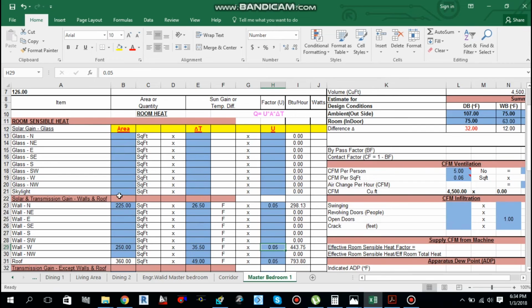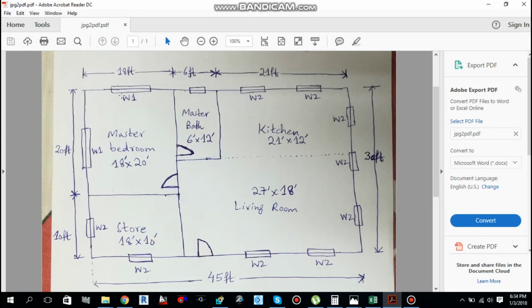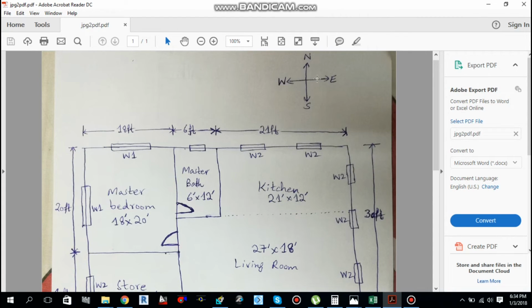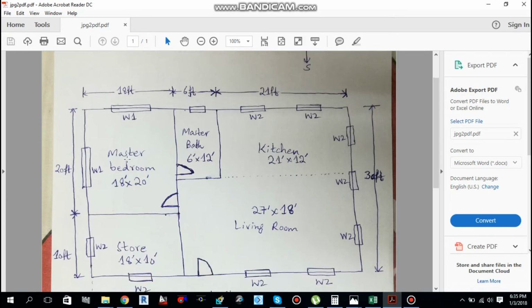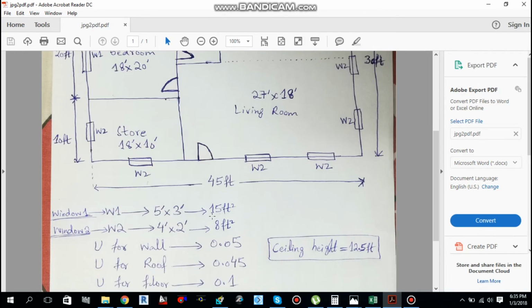Now let's move to radiation load for the glass. North facing glass, one window is facing north, one window is facing west. This facing north, this facing west. And how much is the area? Window 1, 15 square feet.